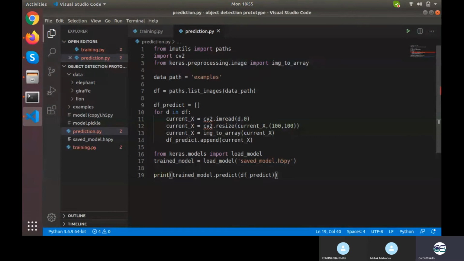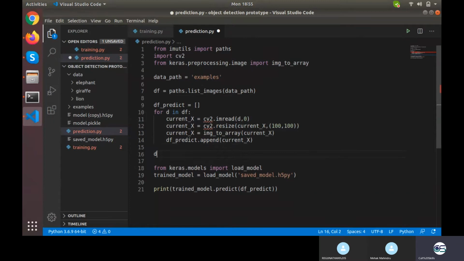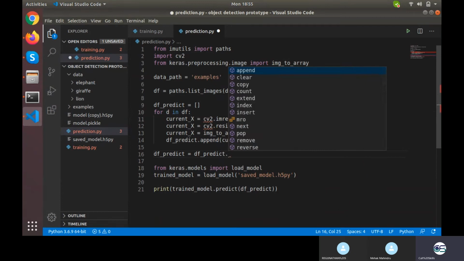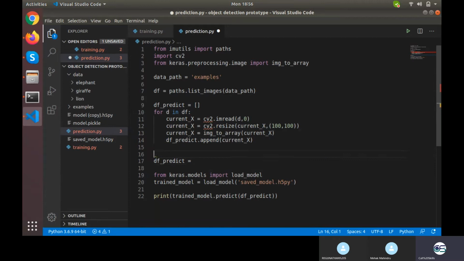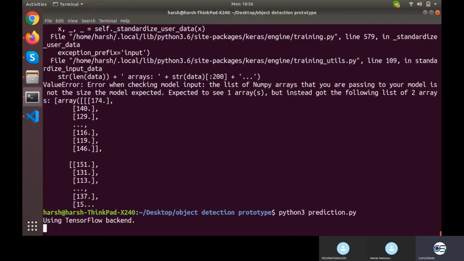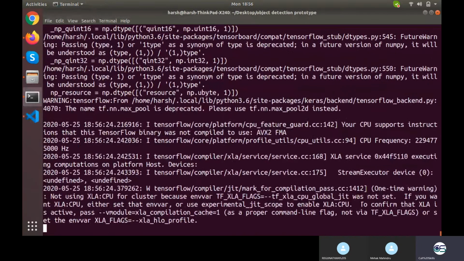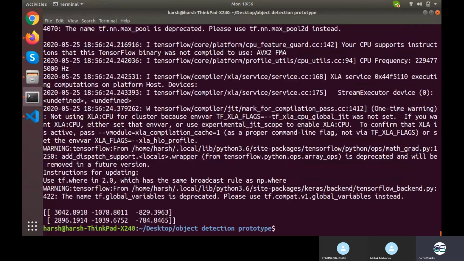Wait, yeah, something wrong I'm doing right here into this df predict. Fine, I got it.